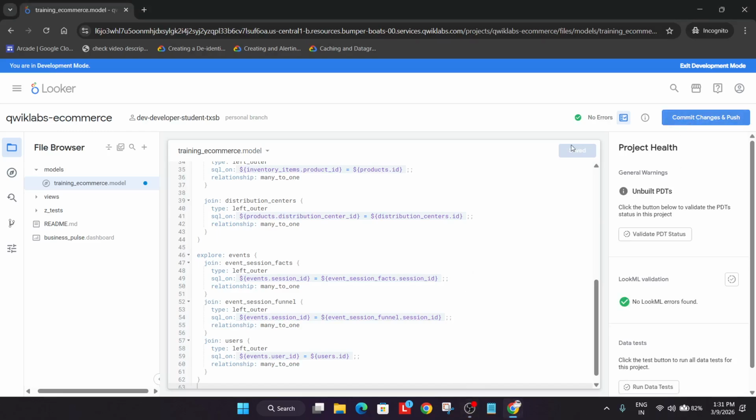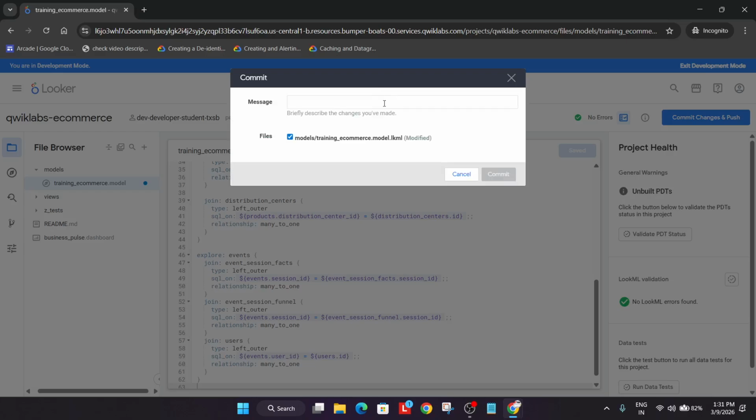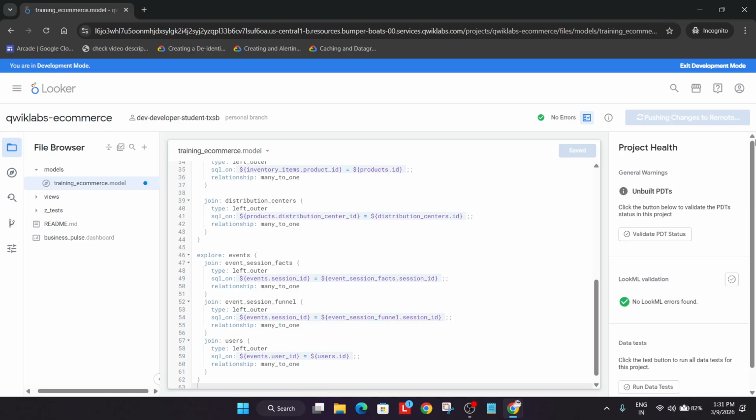After that, click on commit and you can write any message over here. Okay. So just click on commit and after that simply click on deploy to production. Now once it is done, it will look like up to date and after that just come to the lab